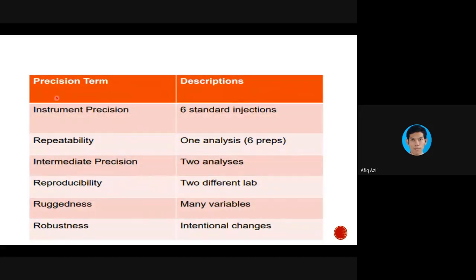So these are the terms: precision, repeatability, intermediate precision, which I put in a simplified table, but not all. And the description is how many times you have to do the test. But I did not put all of this in greater detail because it will be very, very complicated.